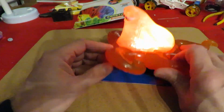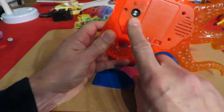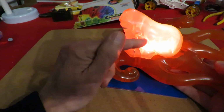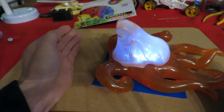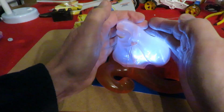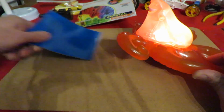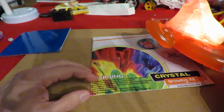So what he does is, those LEDs under there, or one's an LED and one's a sensor, is identifying what colour he's sitting on. And then, by some means or other, it does a colour change there. So I don't know how good the camera will be picking up the colours, and it appears to be strobing looking at the camera. I did see that I've got different colours on here, so...